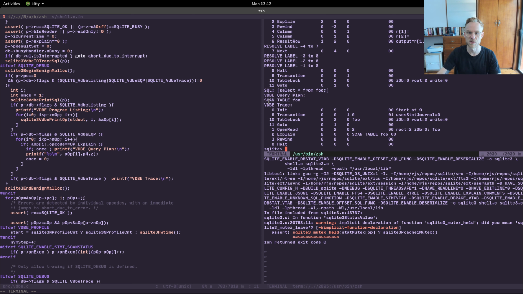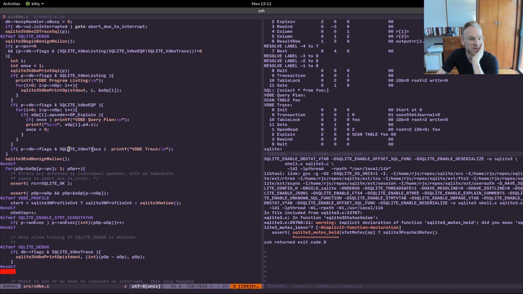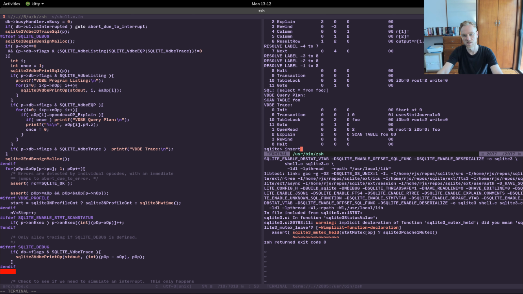Scan table foo. So by turning this on, we've noticed that there's a query plan that will be given, which is scan table foo. That's cool. SQLite VDBE trace is on. So it's telling you each of these which it's coming from. VDBE query plan. And we can kind of be cool about this because we can start inserting some things in here, like insert,